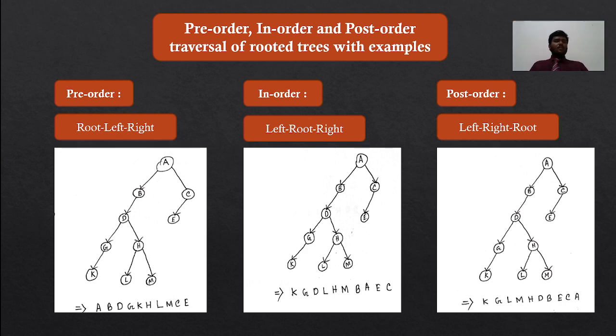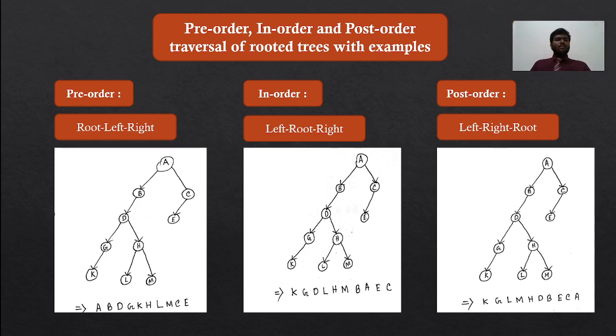our root is A, then on the left side we have B, then we have D, and if we consider D as a root, we have to take its left child G, and this left child is K. Then we have to go to the right child of D, which is H, and if we consider H as root, the left child is L, and we have to take this,